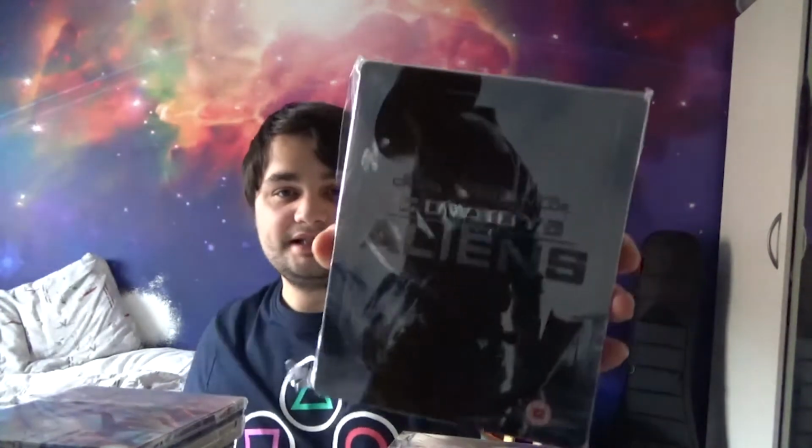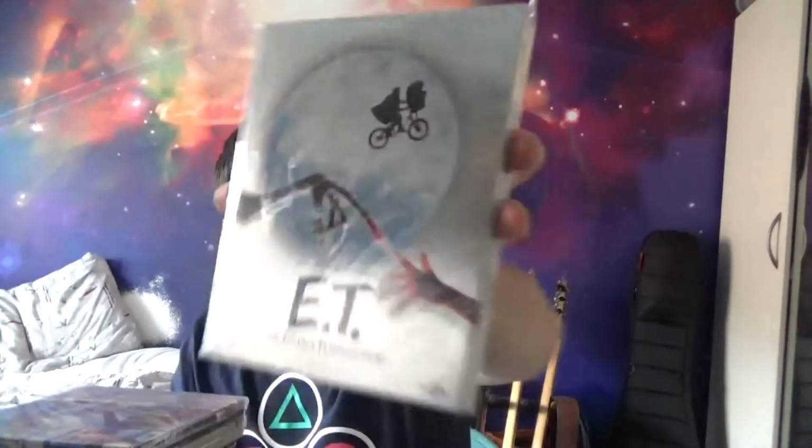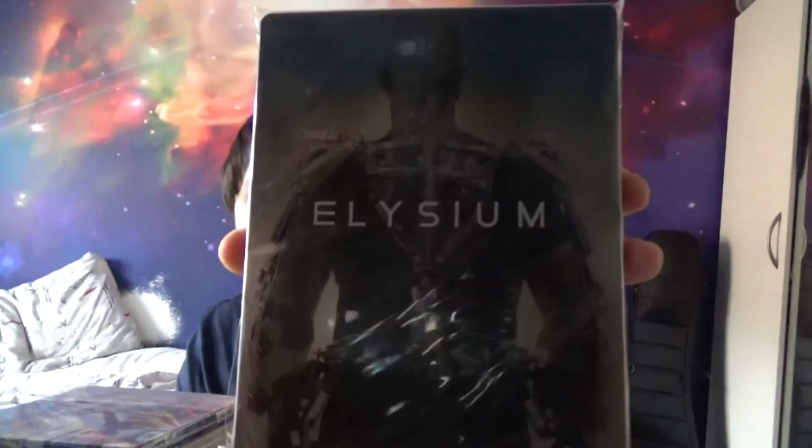Okay, so that's the third and fourth shelf. So I'm going to pull out the fifth and sixth shelf next. Alright, so we've got the, what is this, the fifth and the sixth shelf. So next up we've got Cowboys and Aliens, Despicable Me 2, Evil Dead 2, the original, Evil Dead, the remake, E.T., Elysium, The Expendables, and The Expendables 2,